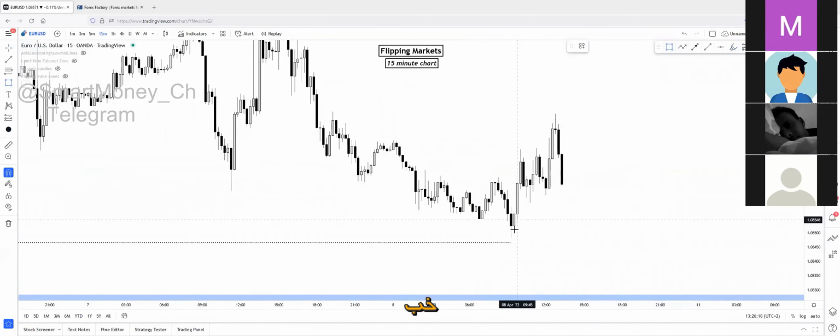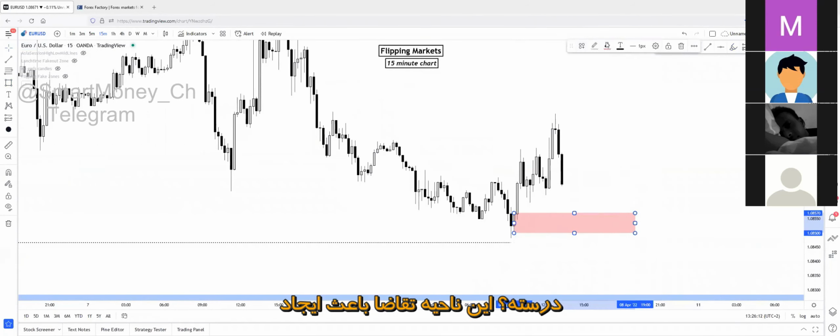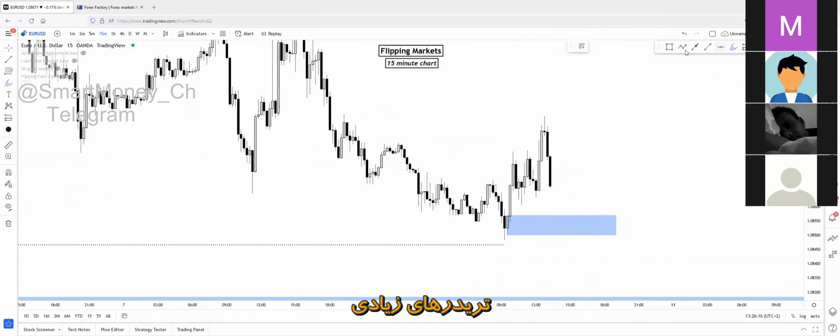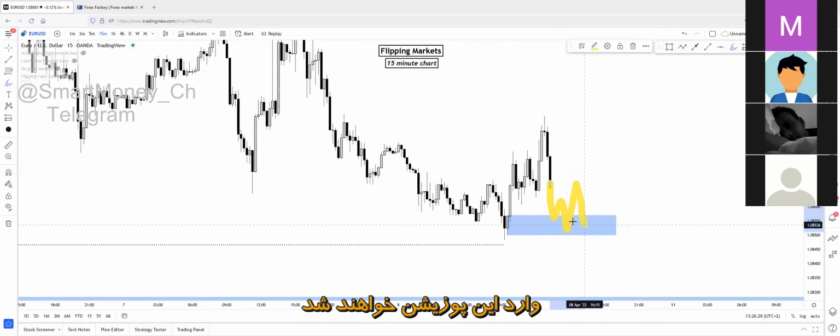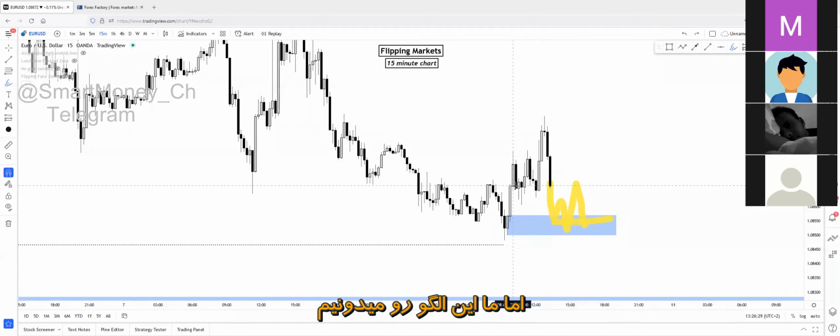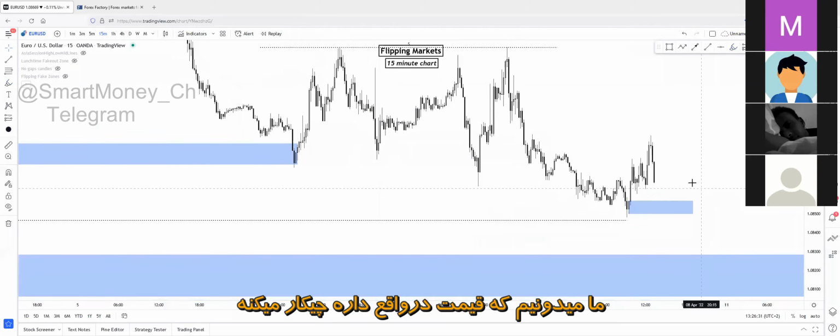So this demand zone down here has changed character, right? This demand zone was the cause of the change of character. Lots of traders will be caught in a bad position right here at this region because they will be expecting a reaction and a reversal on this demand zone, and they will aim for long opportunities. But we know this is a pattern. We know what price is actually doing.